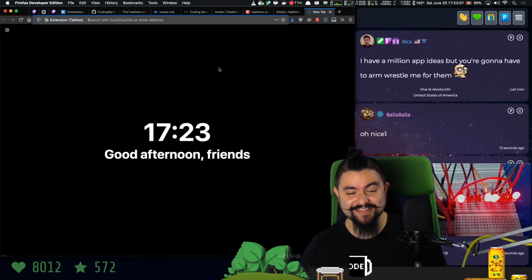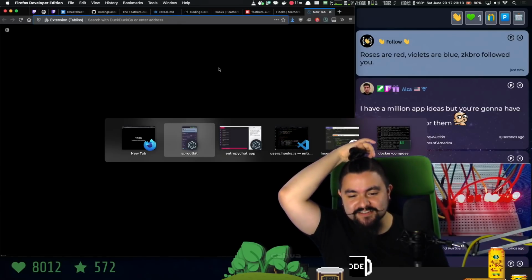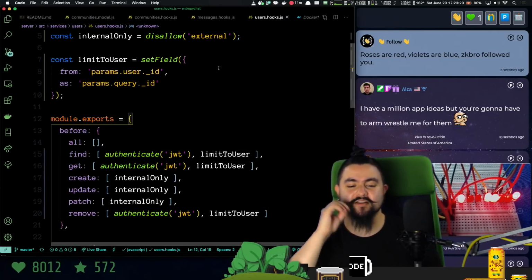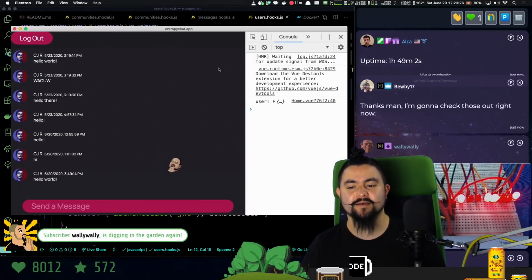I need to test that the app actually works with multiple users. That's the main thing that I need to test right now. And this actually should work if I start it up, if I kill the Electron app and then start it up in...